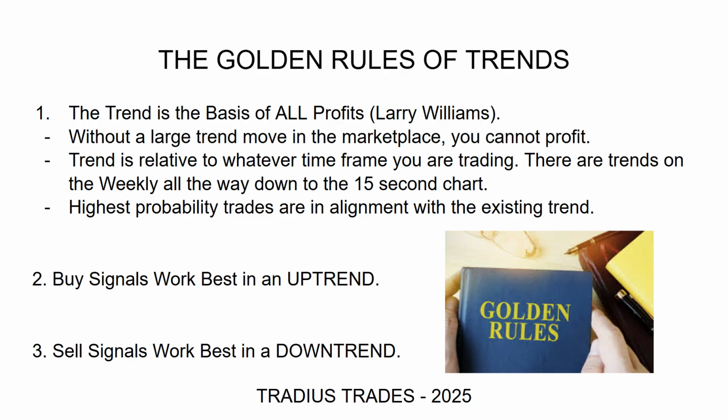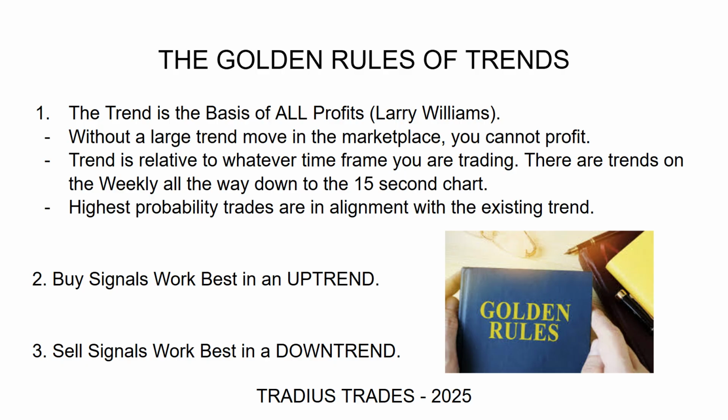And then the third key of this first point is that the highest probability trades are in alignment with the existing trend. So if you follow my channel, you know that I trade a commitment of traders style strategy, which picks tops and bottoms. So that is not trend trading. But how I succeed in that is that I know how to identify when the trend has changed in the direction that I'm anticipating it's going to go in based on the COT. So basically, once the trend has changed and I know there's fundamentals underlying the market that suggest it should move in a certain direction, I am really in alignment. I've got everything going for me, fundamentals, and now the power of the trend in my favor. But just keep in mind that the highest probability trades are in alignment with the existing trend.